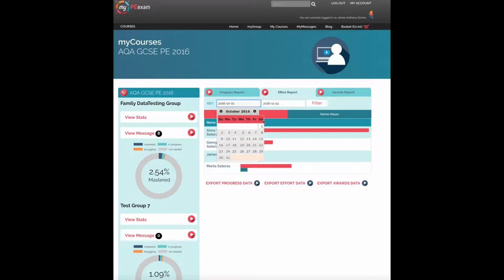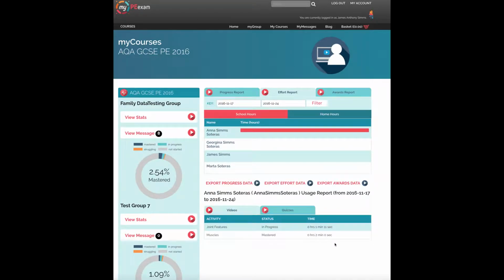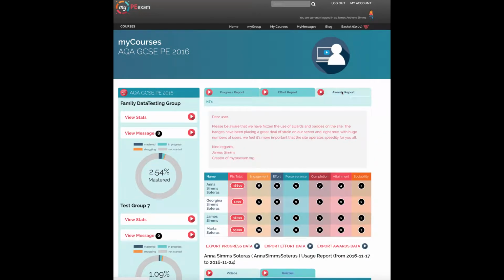And as we saw a moment ago, if we want to be specific and say, okay, when in the last week, who's been studying and how much time have they put into it? And we specifically see that only Anna's been busy. And again, I can click on Anna here and I can see the time that she's put in during that period. Okay, so we can actually have a look at that on there. So again, very useful for you to be able to do that.